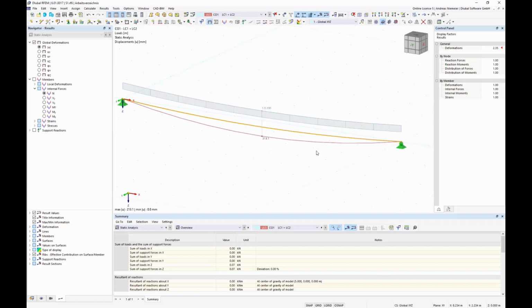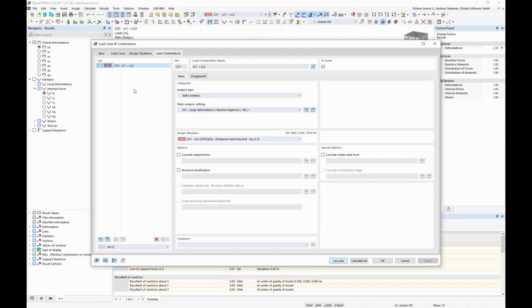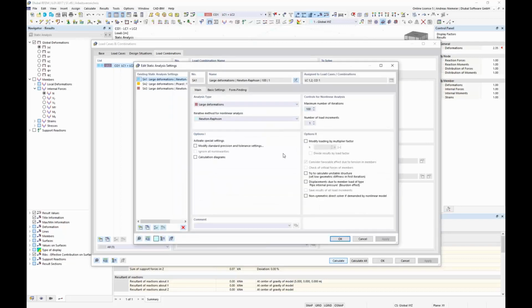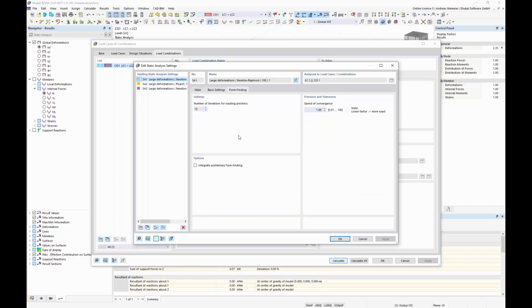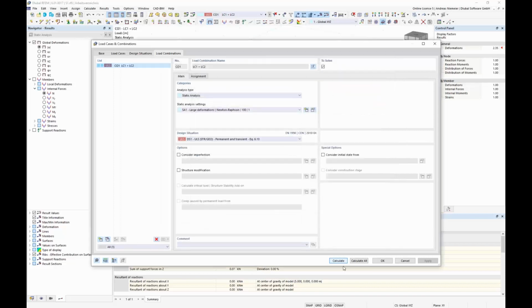This leads me to the next feature, how this is organized in RFEM 6. Therefore, we change to the properties, and you saw we calculated CO1, and every load situation, maybe load combinations and load cases, have here a static analysis setting. What it means is, let's say I can assign to every analysis or load situation a set of calculation parameters. And these calculation parameters have here also a form finding sheet where I can define these settings. You see there are fewer inputs. We simplified everything a little bit, and I increase now the pre-stress loadings to 50,